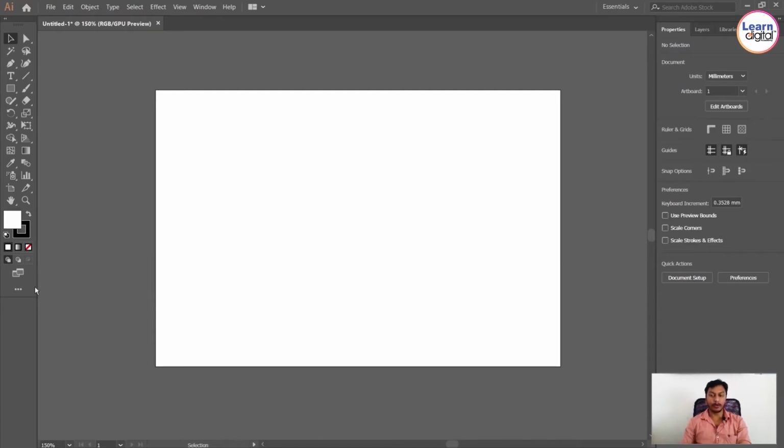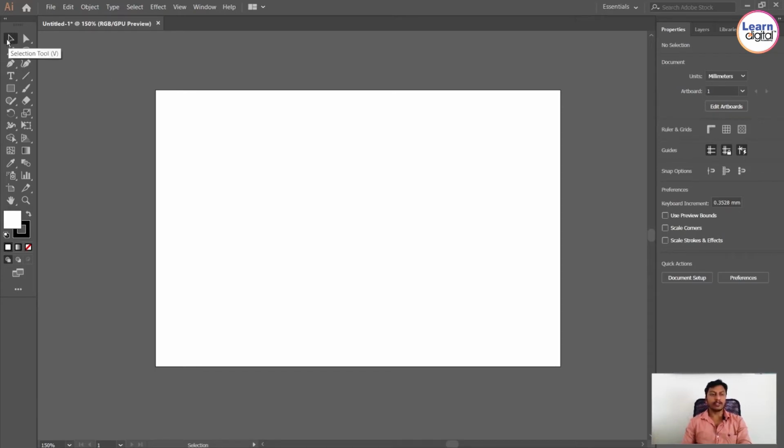We need to work with it whenever we are doing a small design, a big design, or any artistic or illustration work. You always need to use this tool panel. This is the main and most important thing you need to learn whenever you are doing any design. Without using tools, you can't create even a single design. So let's discuss one by one.